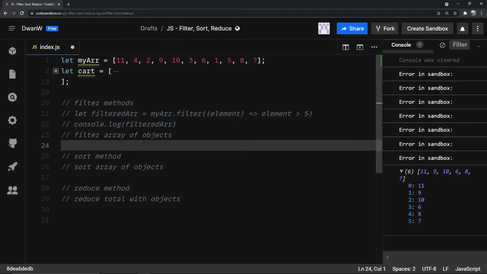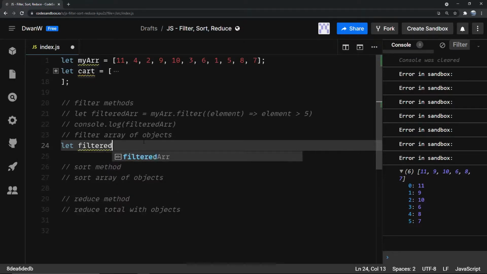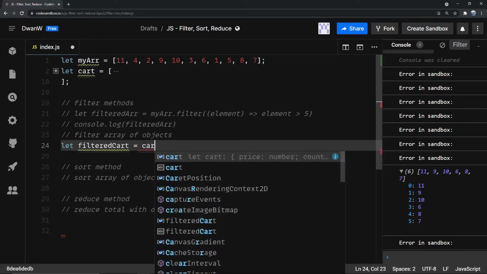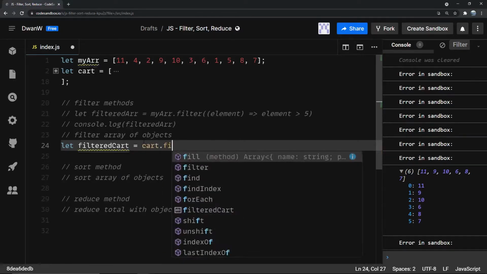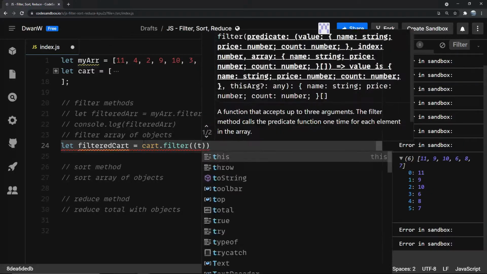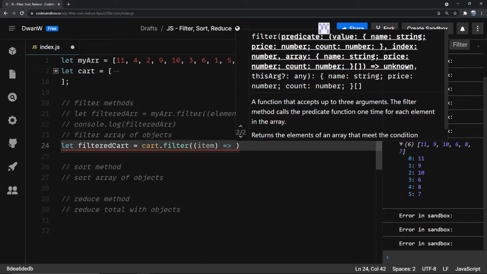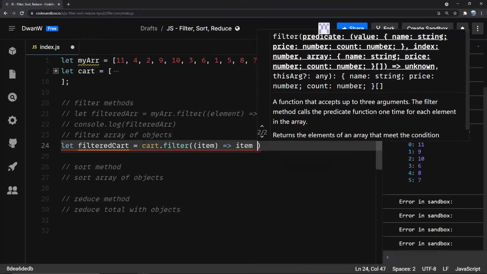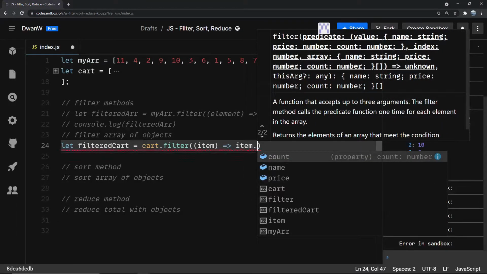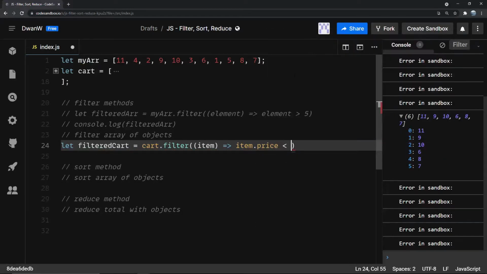So let's say we have let filteredCart, so we're filtering the cart items, is equal to cart, and we're going to use the filter method, and for each item, this is our predicate function, and the condition we just mentioned is item dot, as you can see we have the price property here, price is less than or equal